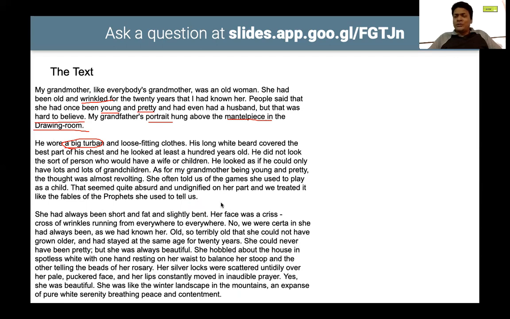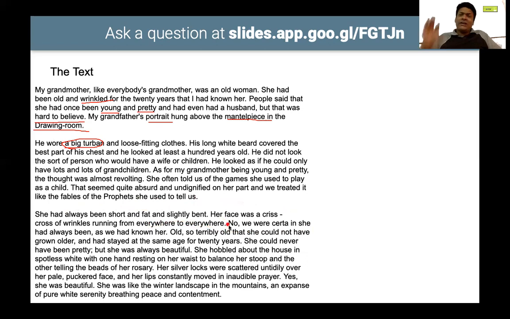So those stories seem stupid and also illogical. You can say that. That seemed quite absurd or illogical or without any evidence, right? So the story has no meaning also. Like the fables of the prophets she used to tell us, she had always been short and fat and